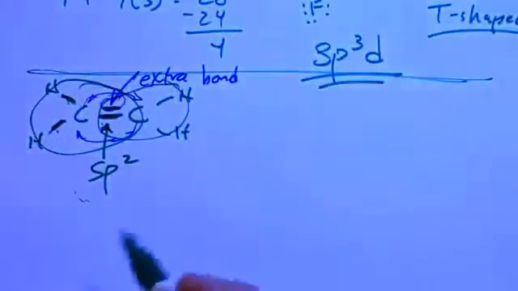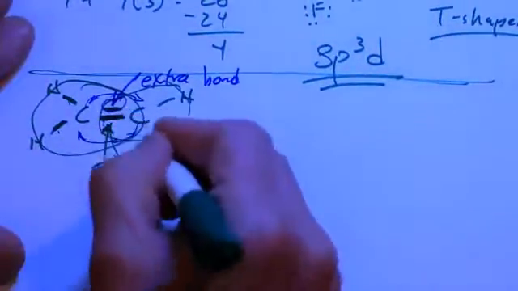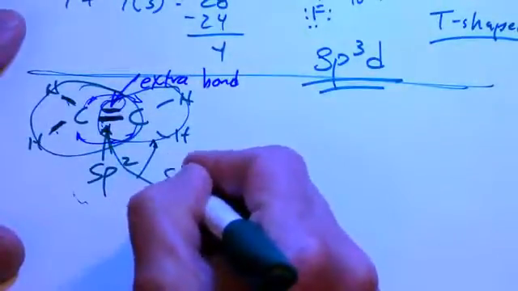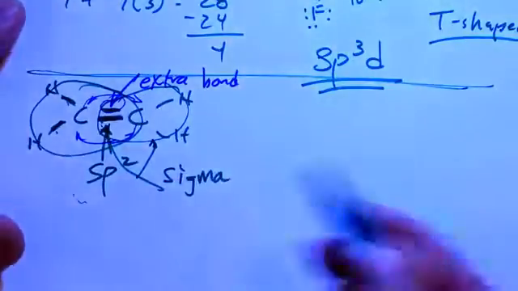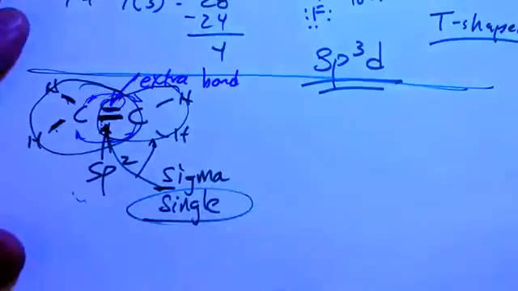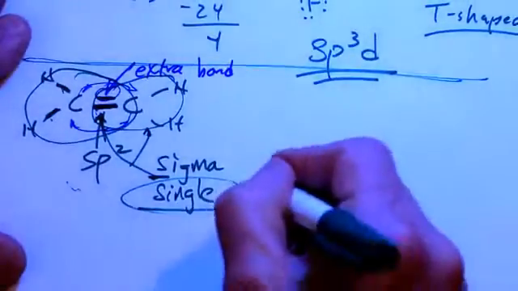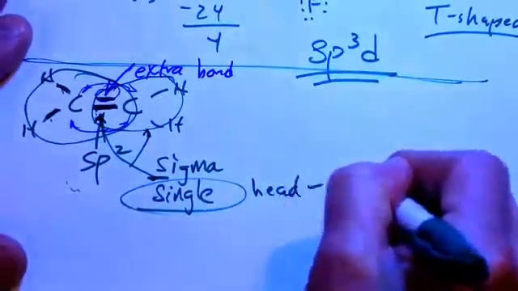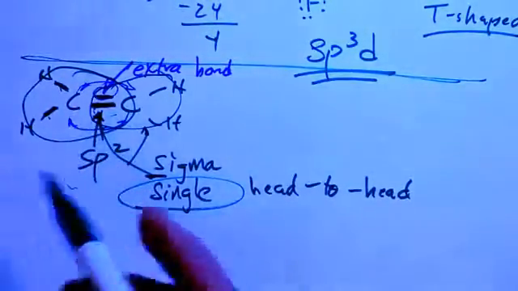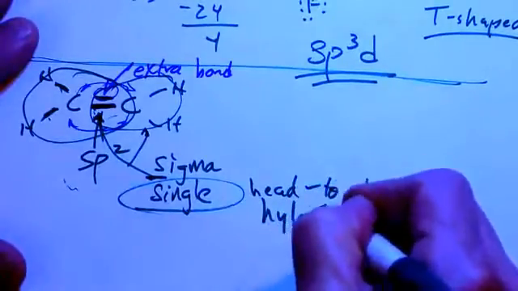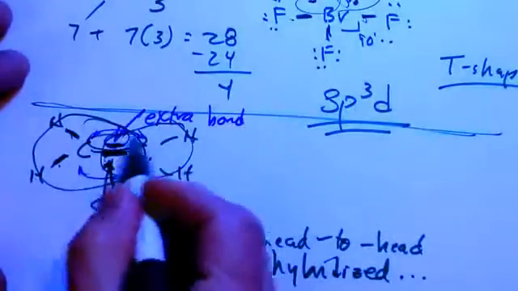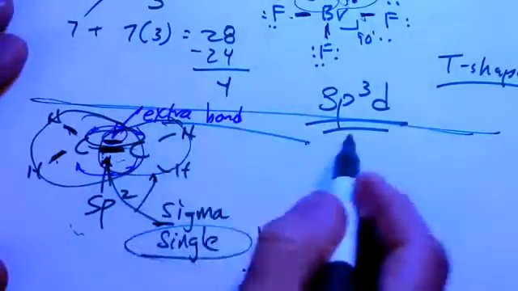Okay, so we have two different types of bonds. In a single bond, and in one part of a double bond, we have a bond that's called a sigma bond. It's not special, it's just sigma. It stands for single bond, or the single part of a double bond. This sigma bond is characterized by a head-to-head orbital overlap between the hybridized electrons. The second part of the double bond right here is an extra bond,